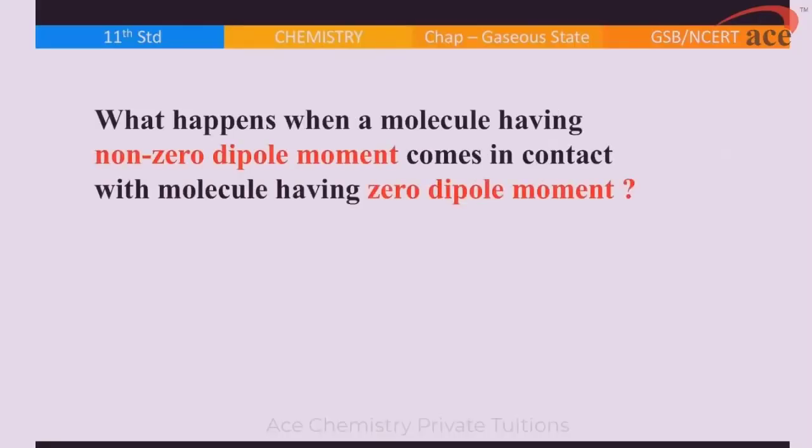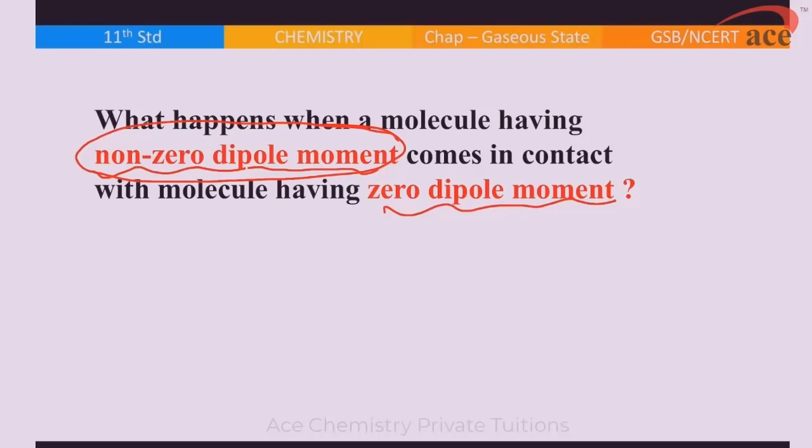What is the condition needed for this? In this, assume there is a molecule which has a non-zero dipole moment, which means it has polarity, which means it has partial negative and partial positive charge. Basically, when you say the dipole moment is non-zero, it means the molecule has charge, correct? When it comes in contact with a molecule whose dipole moment is zero,